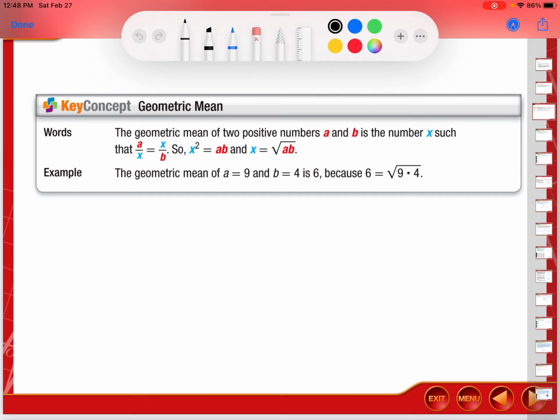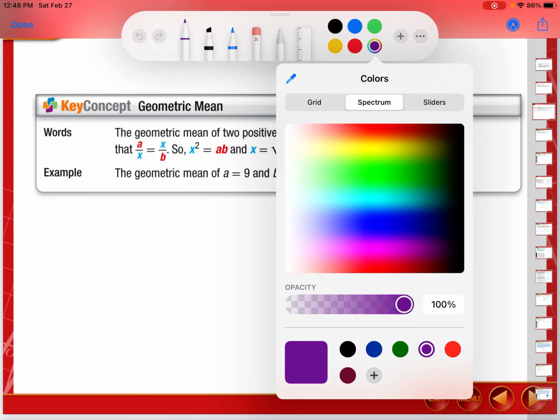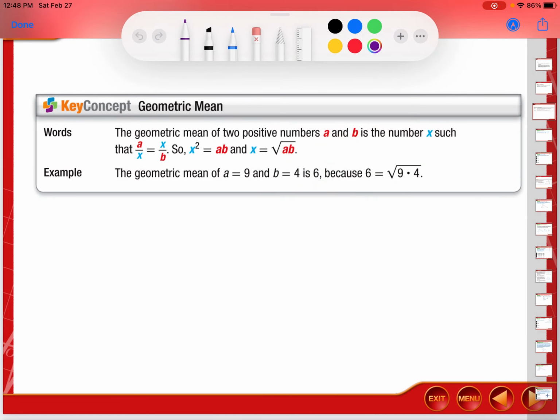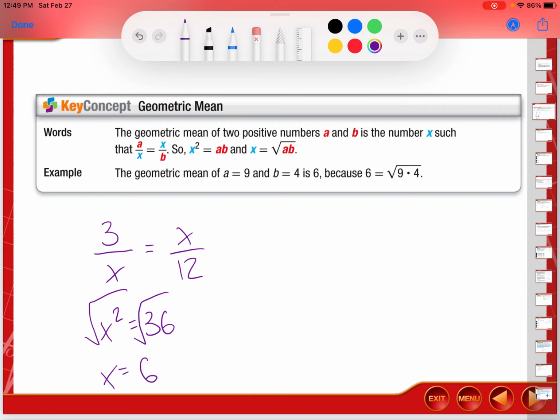what this could potentially look like would be, if we were to set up this proportion, we'll go with purple today. So if we had, let's just say we were pulling these values from a right triangle and we said A was 3, then we had our X, then we had our X, and then B was, let's just say 12. So what this would look like, we could either cross multiply, in which we would get x squared equals 36, then we would take the square root of both to find out that x equals 6,